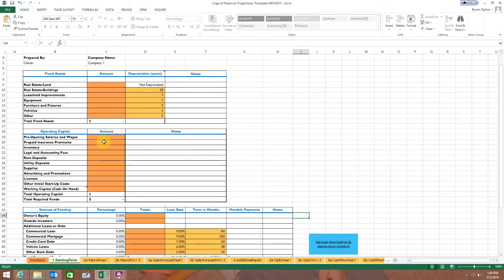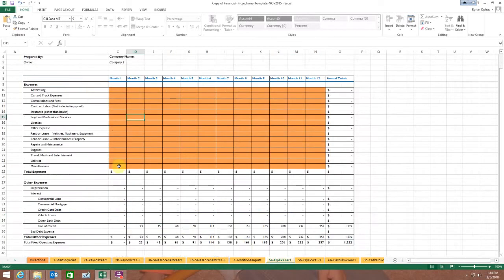Let's go to prepaid insurance. Let's say you put $1,200 in there, and you think that's going to be for the full year. You're going to have a $1,200 premium, you've got to pay it up front, and it's going to last for the full year. In that case, you would have nothing here, nothing all along. Maybe in month 12 you could put down another $1,200. That would be okay, but you for sure wouldn't have anything here in the first month. Otherwise, you're going to be doubling up. It'll show up both as a startup expense and an expense in the first month.